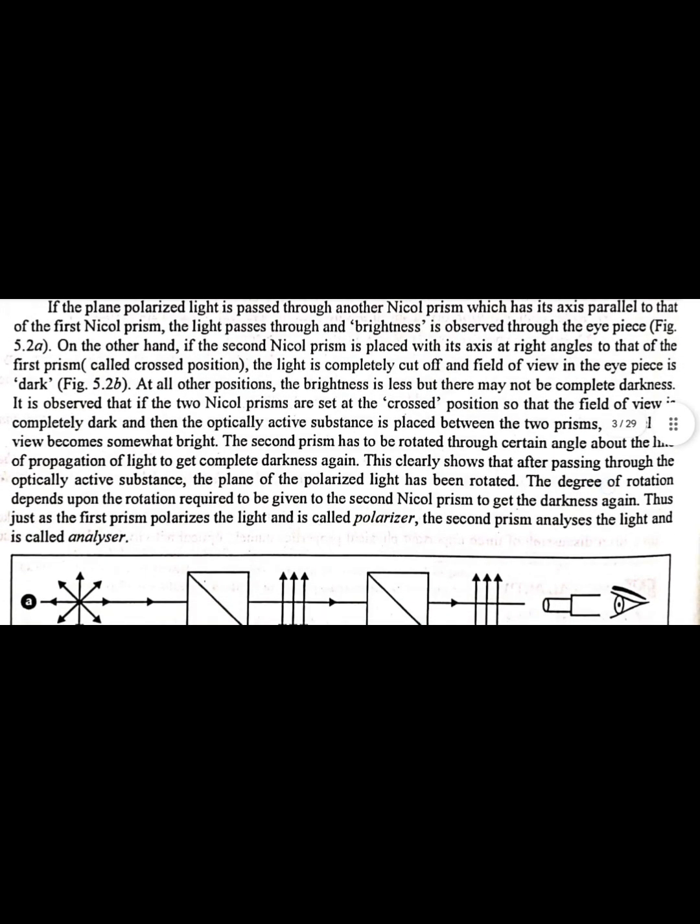On the other hand, if the second Nicol prism is placed with its axis at right angles to that of the first prism, called crossed position, the light is completely cut off and the field of view in the eyepiece is dark. At all other positions, the brightness is less, but there may not be complete darkness. It is observed